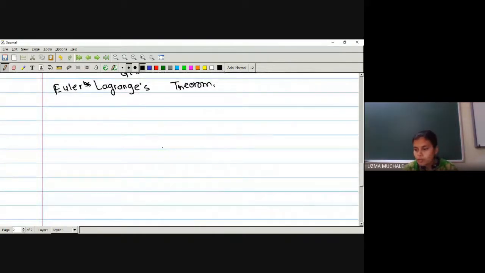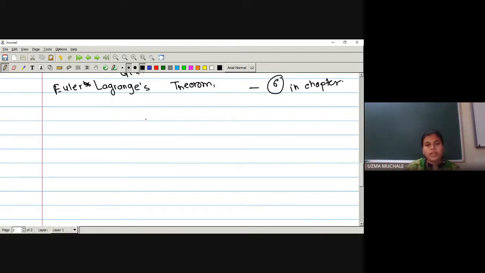Now let us go for Euler Lagrange's theorem. Actually, this Euler Lagrange's theorem we are going to study 6 times in this chapter, with different conditions. First, with some different condition, then we'll go for generalization. Then we will improve some isoperimetric problems. Then instead of having 2 variables, we will generalize the concept for n variables, right?